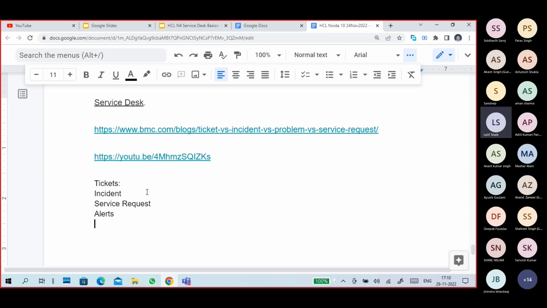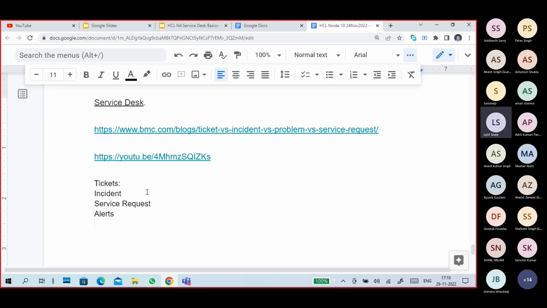Alerts means through alerts also you will get a ticket, a warning. An alert will tell you like an alarm type. It is like a warning or an error it shows. So disk is failure or disk is full, like the server load is very high, the server is slowing down, or maybe the server is down.